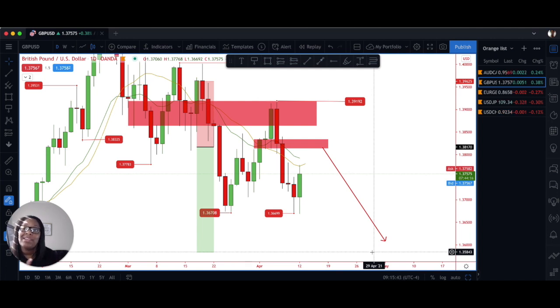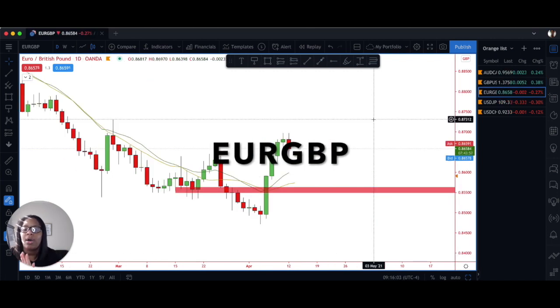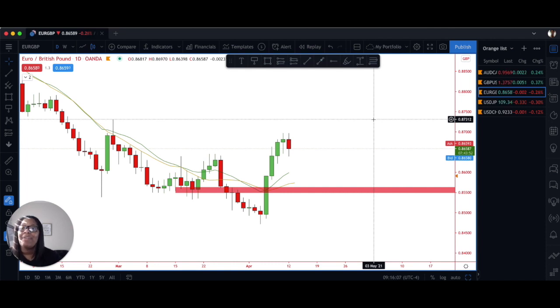Now I'm about to go to another pair that kind of correlates negatively or oppositely with this pair. Now, is it 100% of the time? No, but they're mirrored reflections from time to time. And that pair is going to be Euro Pound. So dealing with the Euro Pound, one thing that I'm looking at is, again, my exchange rates. And I don't have them on here right now, but I'm going to walk y'all through this step by step,